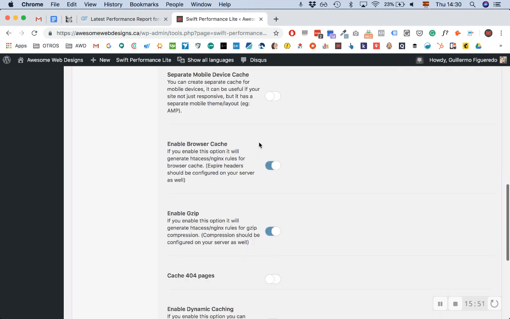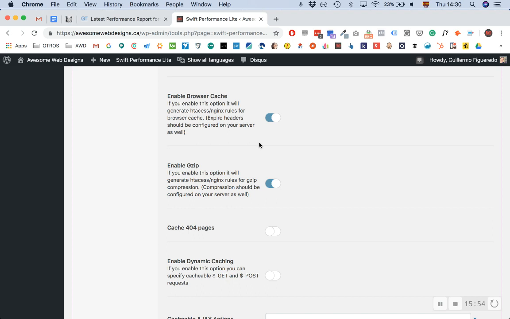Everything else you can leave as it is, except these two options here, which are enable browser cache and enable gzip. For enable gzip, most likely you will see that in GTmetrix it will require some extra settings to be able to see those results. This is really simple. It is as easy as activating these. I would suggest, depending on your hosting provider, you contact their support and ask them how you can activate the compression, which is something they will guide you through really easily. For example, I use SiteGround, and it's as easy as opening a ticket, telling them what exactly is the code that you need to add in your htaccess file, and once you add it,